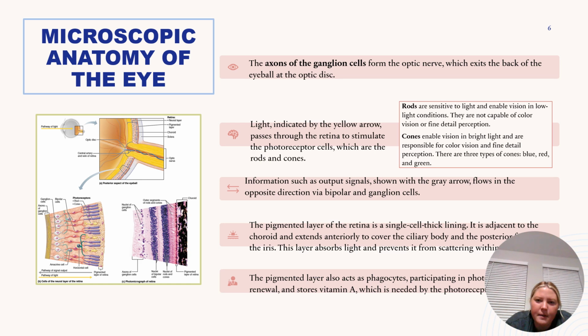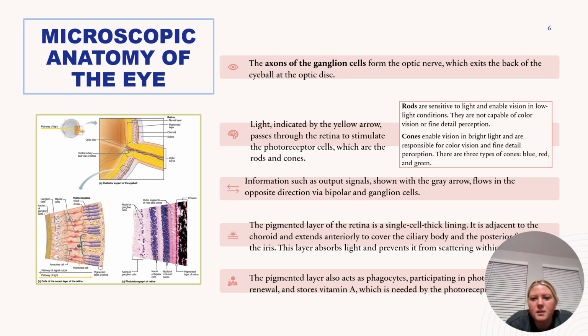When light enters the eye, it passes through the retina, reaching the photoreceptor cells, which are known as rods and cones. The rods are cylindrical cells that are incredibly sensitive to light. Those make up about 95% of the photoreceptors in our eyes, and we have around 100 to 125 million. These cells are primarily responsible for low light and night vision, also known as scotopic vision. They allow us to see in dimly lit places, but they don't provide a clear perception of fine details or